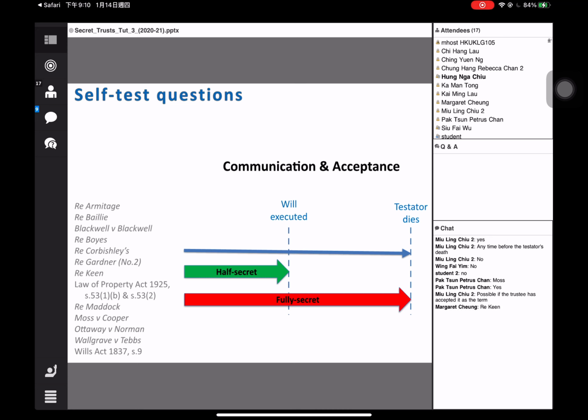Yes, Re Boys and Re Keane, I would probably put as Re Keane is basically the Court of Appeal just approving what was said in Re Boys. But yes, it can be. But yes, an important point there someone's just made